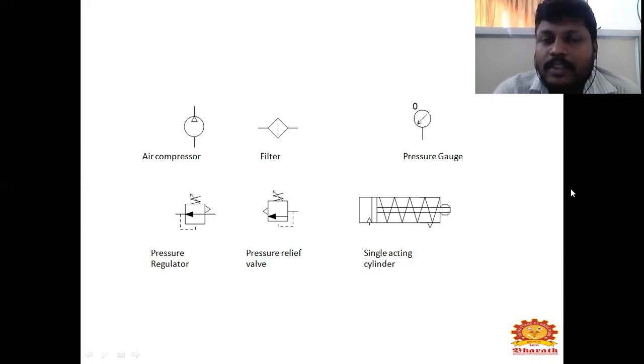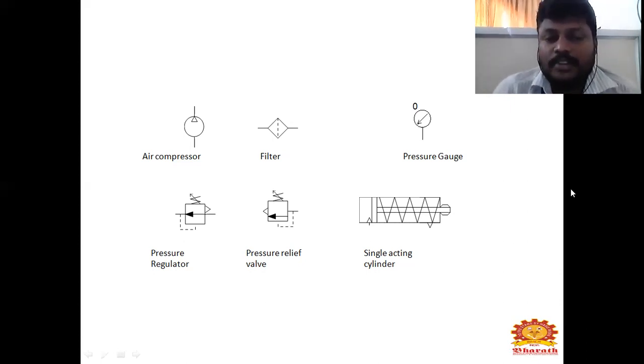We will be using a dial indicator in our reservoirs to know how pressure is used, what pressure and what level of pressure we will be using for our work. Next one is the pressure regulator. It acts like a fan switch. You may regulate your pressure and you may switch off the pressure. You may fully open or fully close the valve, or partially open or partially close it. That is called a pressure regulator. You will be regulating the pressure.